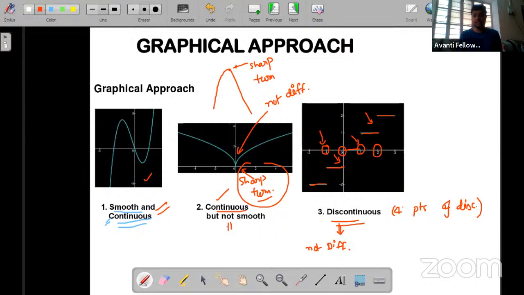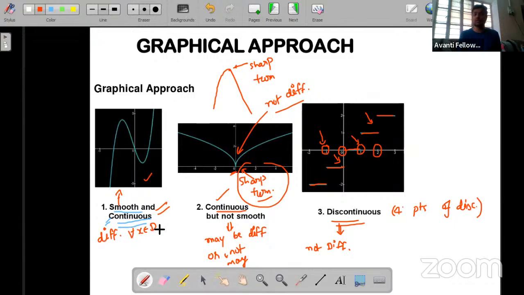And continuous means may be differentiable or may not be. Clear? So in this case, we are getting x equals 0, we'll be getting the function not differentiable. But here in this case, the function is smooth as well as continuous. That means the function is differentiable for all x belongs to